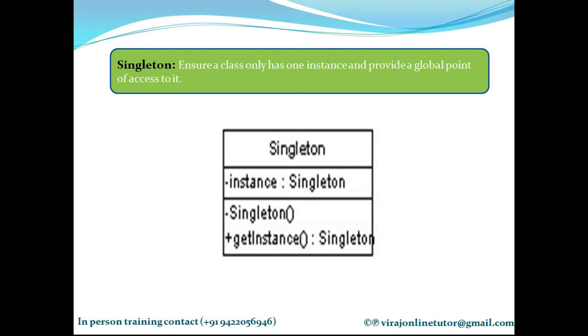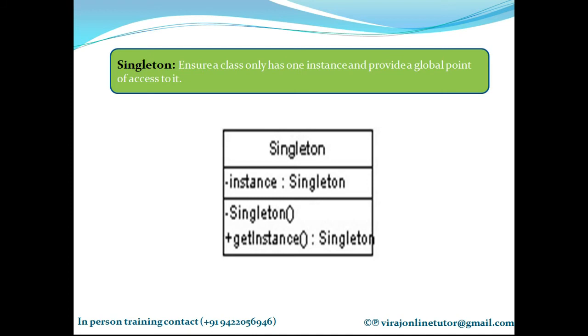There is also a generic implementation of singleton. Suppose we have a pool of database connections to be used, say 10 or 100 or 1000, and I can't exceed 1000. That is when people use the generic version of singleton, wherein they limit the object creation process to a max of 100. Suppose the pool size is 100, they don't allow the 101st object to be created. Just 100 is the max limit. So that is a generic version of singleton. But normally, when we say singleton, there is a limit of one object, just one object can be created.